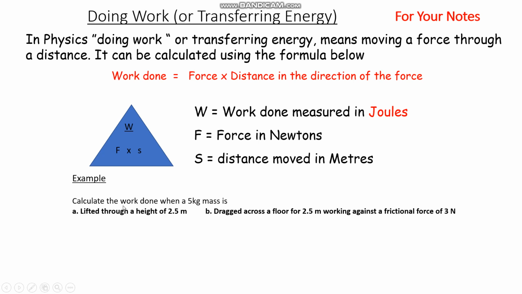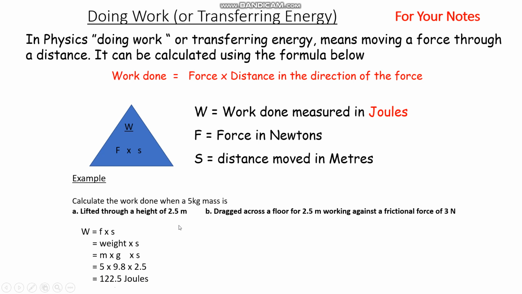Firstly, it says calculate the work done when a 5 kilogram mass is A, lifted through a height of 2.5 meters. Okay, well that's straightforward enough. Work done equals force times distance. The force, well, we're working against the force of gravity, so we're working against the weight of the object, and the weight, if you remember from previous lesson, is equal to mass times gravitational field strength, mg, times the distance. So our mass is 5, gravitational field strength 9.8 newtons per kilogram, and the distance 2.5, which gives us 122.5